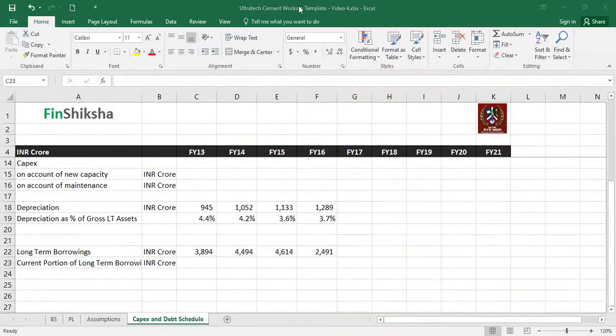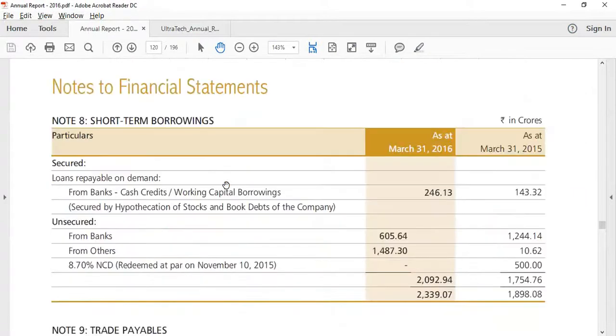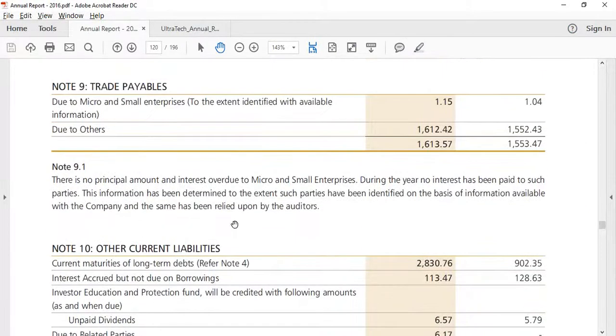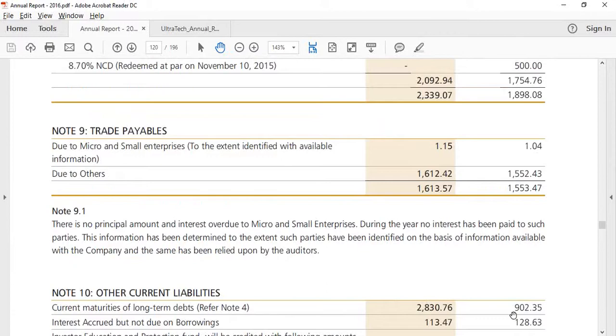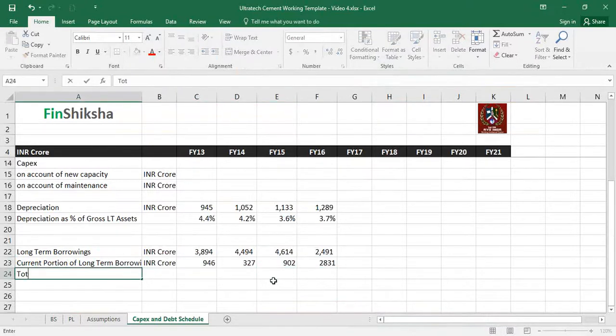For 13 we have 327 and this is 946, right? For the current year, let's put in these numbers from the annual report, and again it should be available here itself. Other current liabilities, 2831 and 902. So this is 902 and 2831. So can I find total